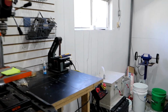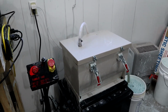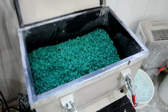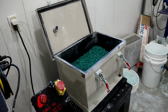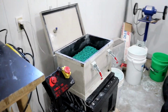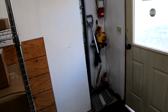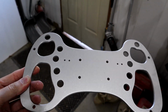etc. One new thing that I have now is a vibratory tumbler. And so what I can do is tumble my own parts. So after they get CNC machined, this will create a more uniform finish, and it'll look a lot better when they're anodized. I've got a part over here that is already tumbled, and so you can see after tumbling it